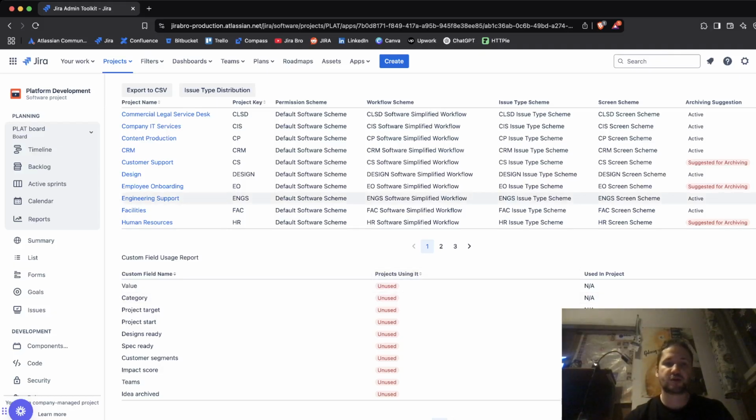Another great feature in here is that you can export all of this to CSV. And issue type distribution, I was having some trouble with it. Currently it still doesn't work when I click it. But I believe that for us admins, having this type of information in a high-level overview, what projects are being used, what custom fields are being used and what are not, what the issue type schemes are, along with the shortcut to the specific project, and so on and so forth,